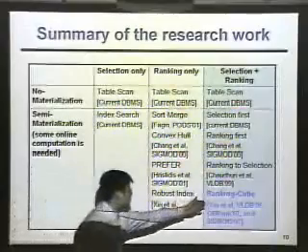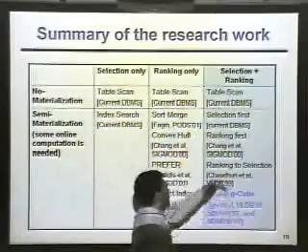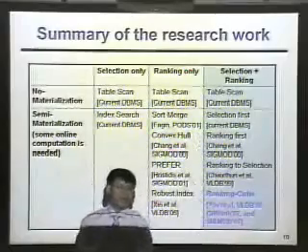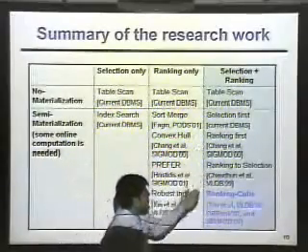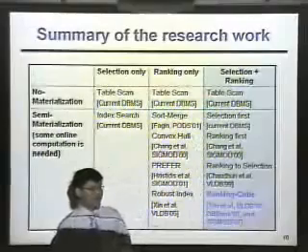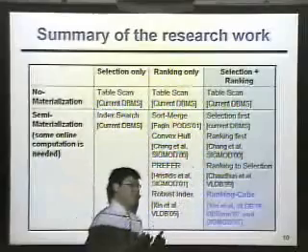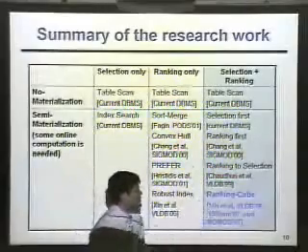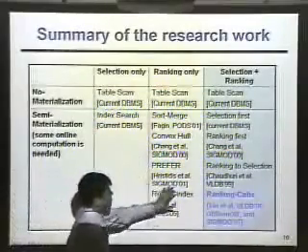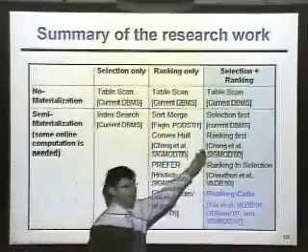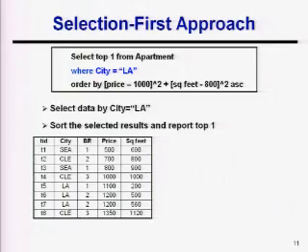And for selection and ranking, we classify the previous work into three categories. One is selection first. They only push selection deep into search. One is ranking first. They only push ranking deep into search. And there's another work called ranking to selection, which was developed by Hristidis and Papakonstantinou. They transform the ranking into range queries. And now our work is the ranking cube. I put selection and ranking here because the techniques used in this category, in this column, will also use their techniques. So this is quite a simple example.